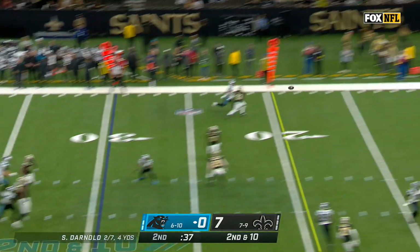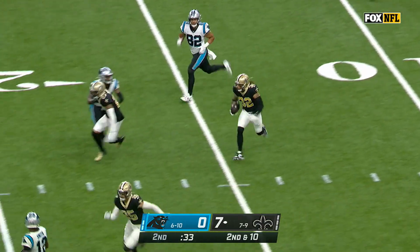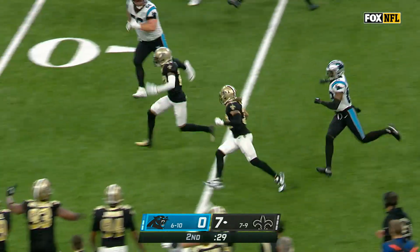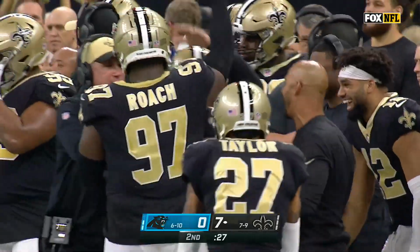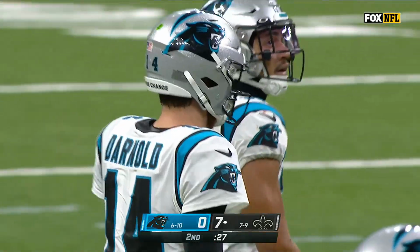He goes out in the pattern. Darnold goes deeper than that. It is intercepted. Picked off by Tyrann Mathieu. The local product has himself a pick and gets all the way near Panther territory on the return, and so